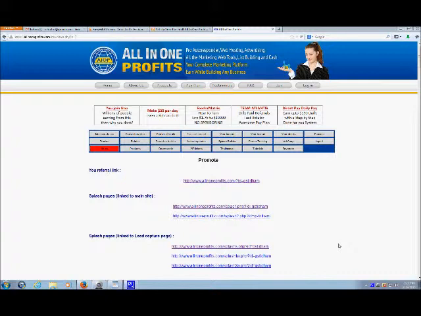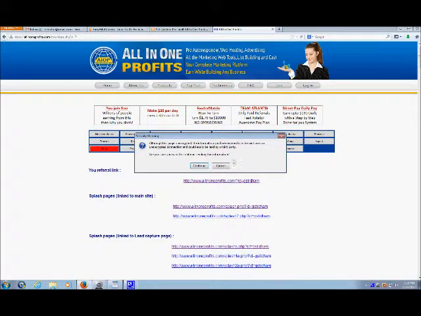So we've loaded our campaign for our autoresponder. We built a real nice looking little lead-in page with your links, simple copy and paste. You had the code. The second thing we want to do now is just build our splash page. So when you're in your All-in-One Profits account, this window here is where you direct everything. And what we want to do is go to Splash Builder,